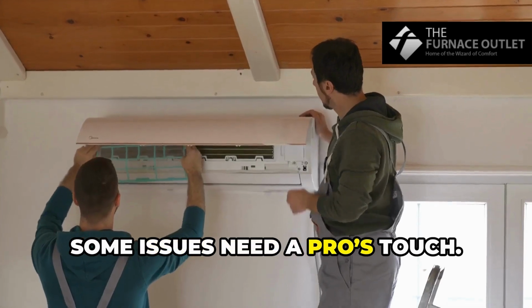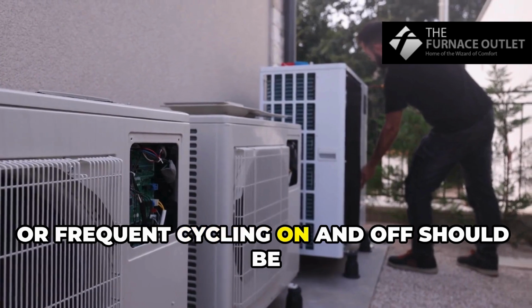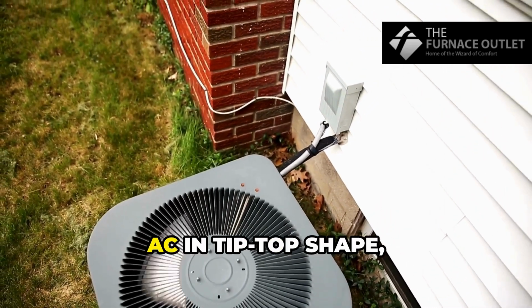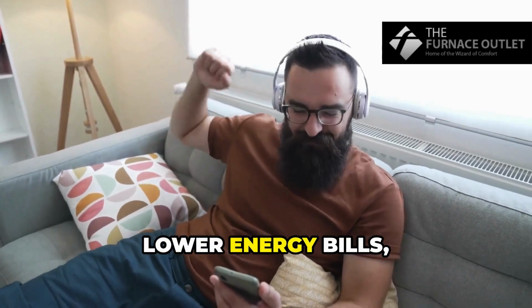Remember, some issues need a pro's touch. Refrigerant leaks, electrical problems, compressor failures, or frequent cycling on and off should be handled by licensed HVAC technicians. Following these tips will keep your R-32 AC in tip-top shape, ensuring maximum efficiency, lower energy bills, and a comfy